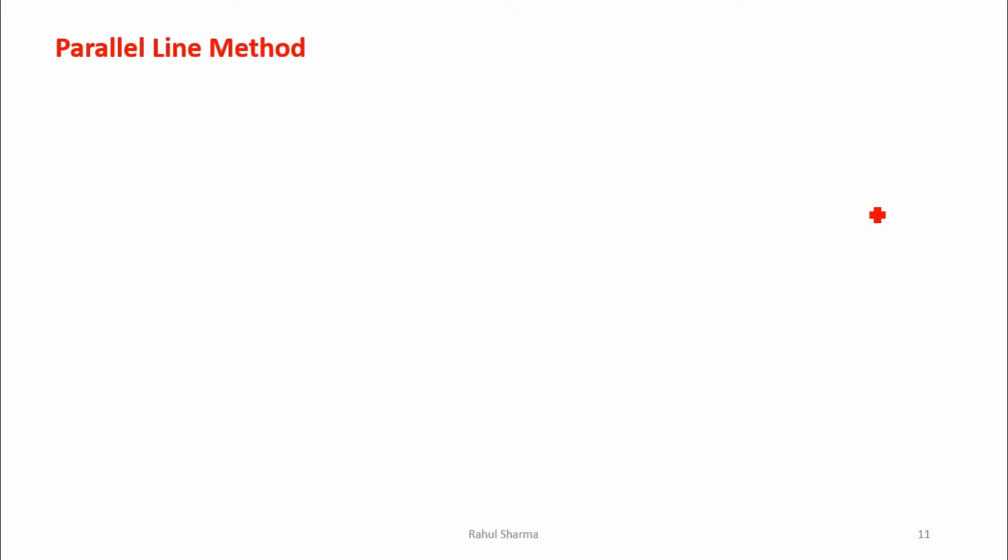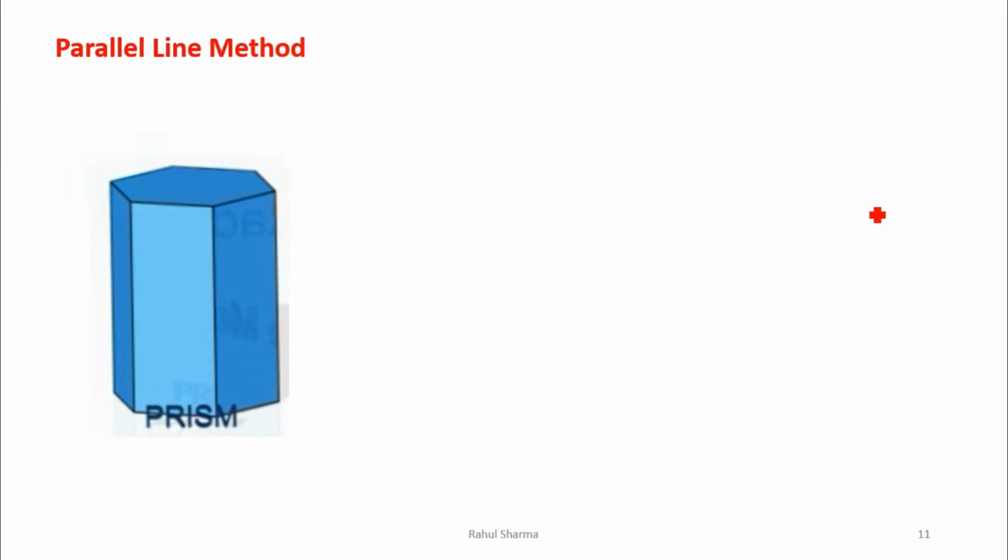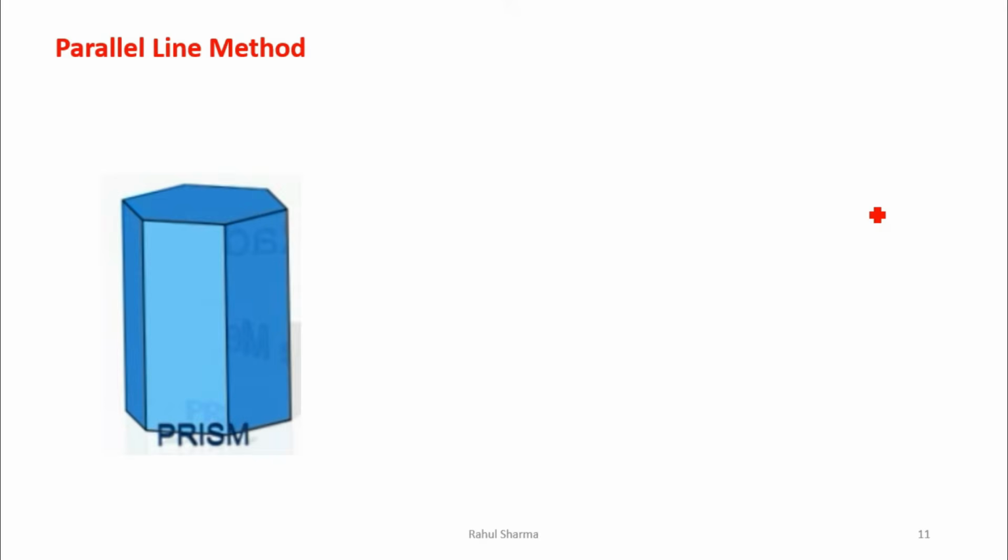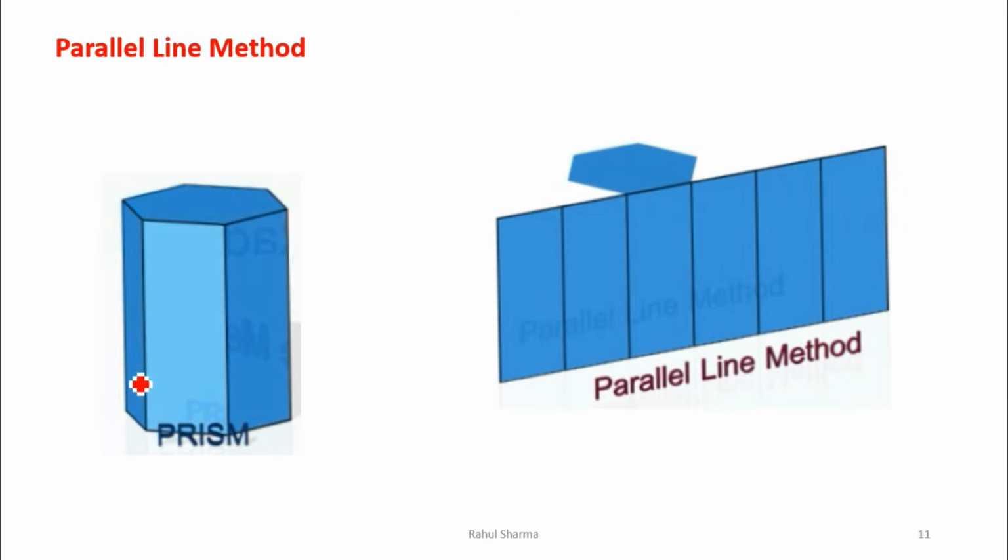Now we will discuss the first method, that is the parallel line method. In this we will see how we have to develop our surface. I told you that in the parallel line method we can develop a prism, cylinder, cube. So when we apply the method of development under parallel line, we have to cut and unfold. Basic is same. Development means cutting and unfolding. When I cut and unfold a hexagonal prism, I will have this type of shape, and this type of shape is obtained when we apply the parallel line method.